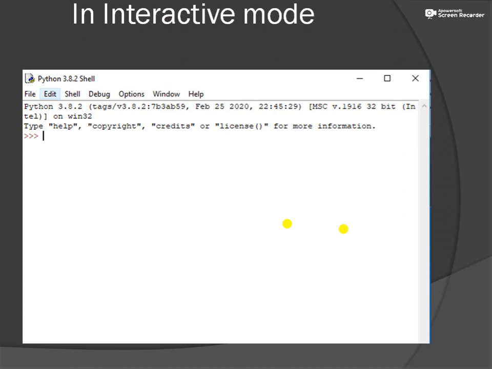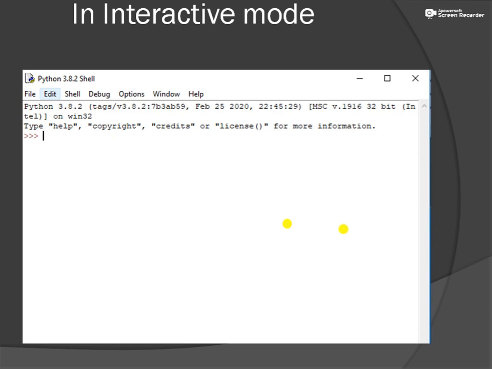Students, this screen is your interactive mode. So let me explain what is interactive mode.